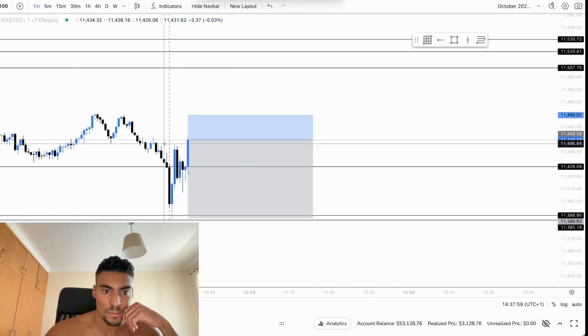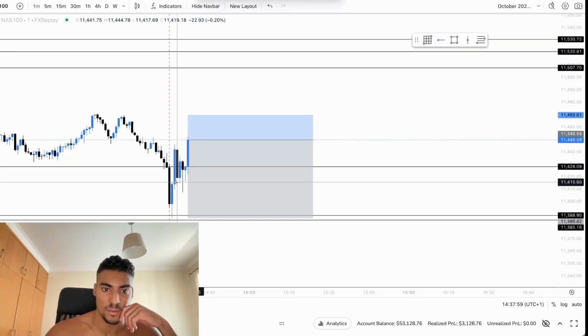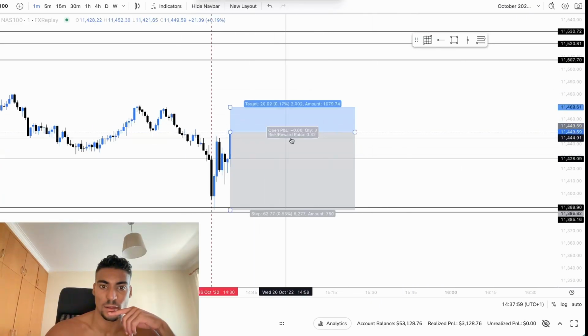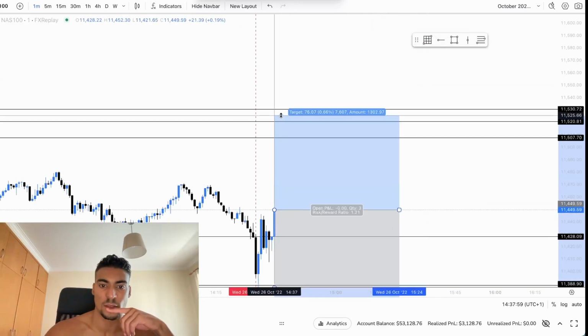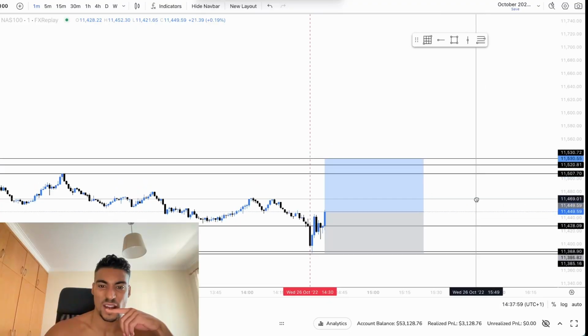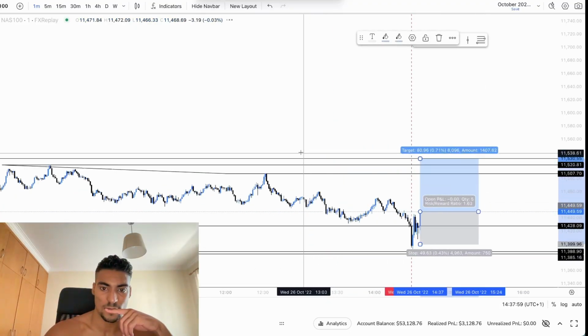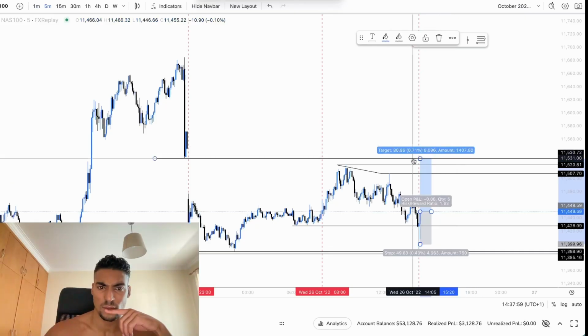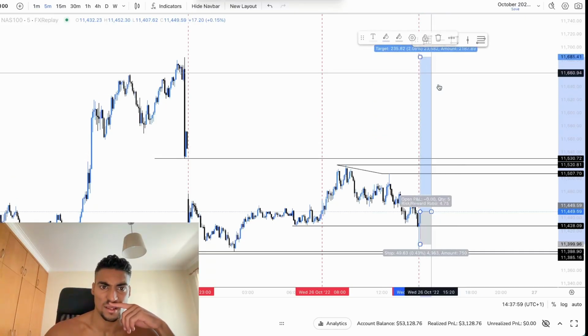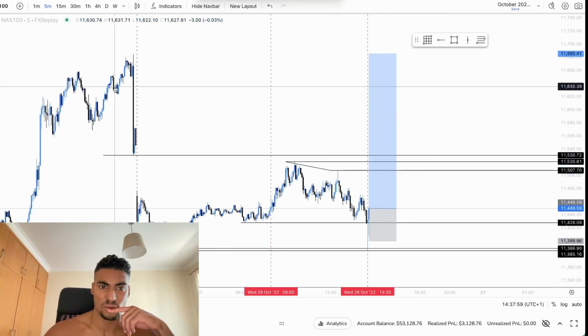We got an inverse parallel gap right here, boom. We got a retracement into equilibrium, also this tiny 1 minute parallel gap, and then we got a break of structure out of it, and the target is this size. Shit, yes, this ratio. I'm honestly tightening it up a little bit. Holy moly, do we have more draws on liquidity? We have, so I can target this size just to look better on the picture.